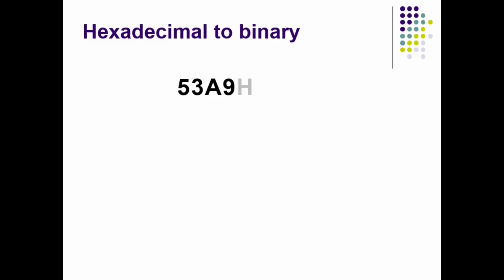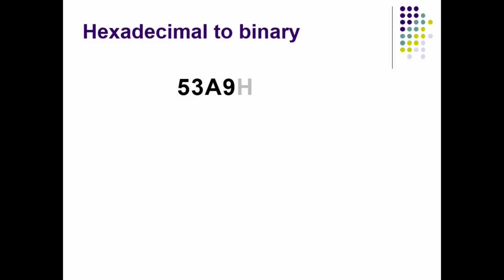One is each hexadecimal digit is 4-bit in binary. That means whenever I write a digit which is hexadecimal in binary, I should make it a 4-bit binary number. Second fact is that every hexadecimal number is actually a binary coded number. Now what is the meaning of that?